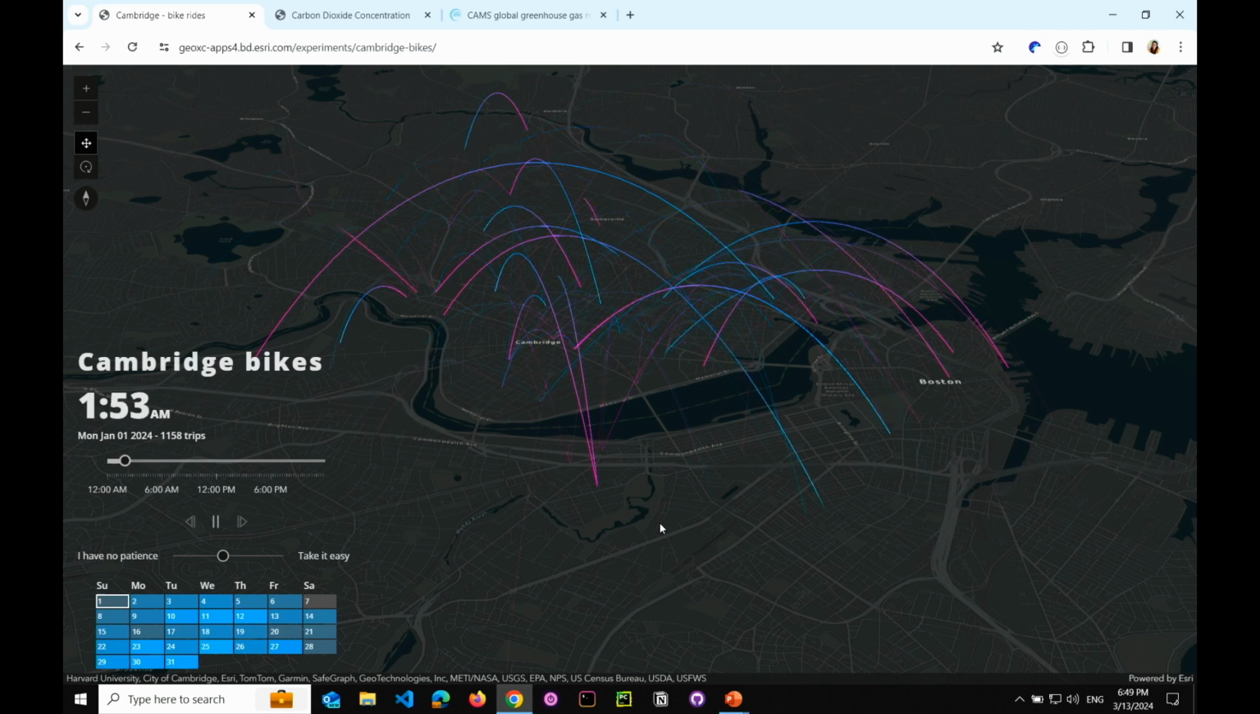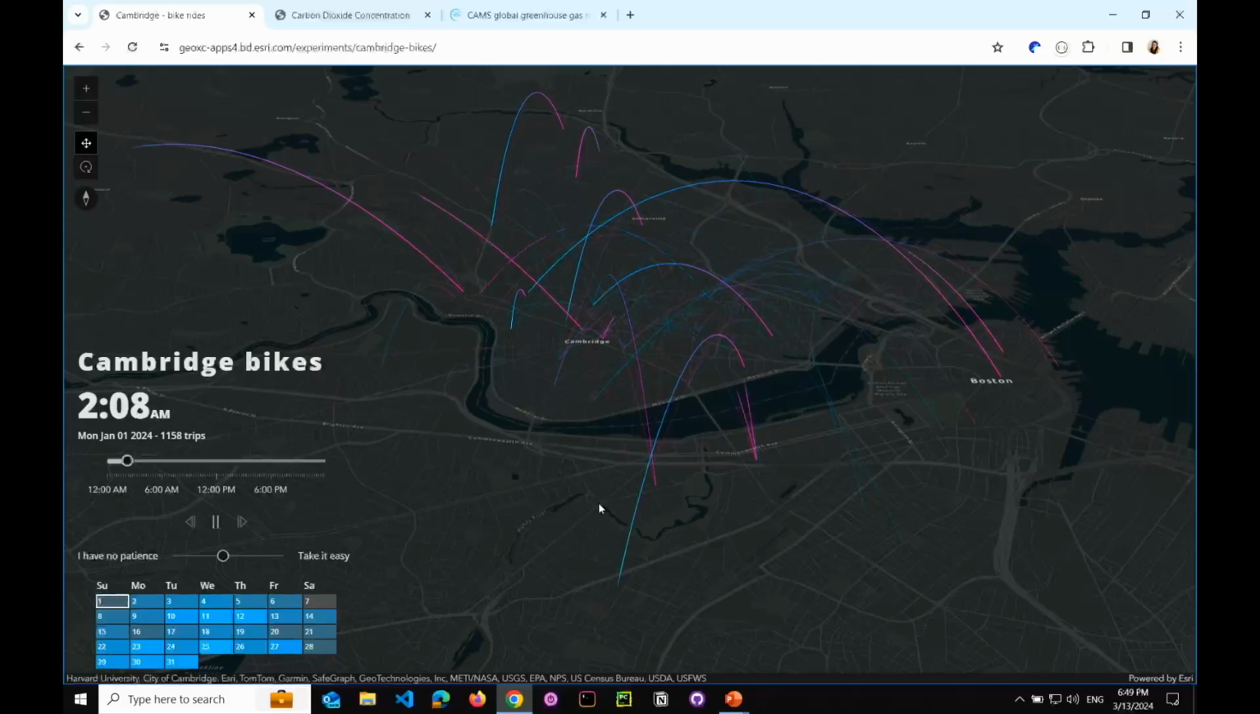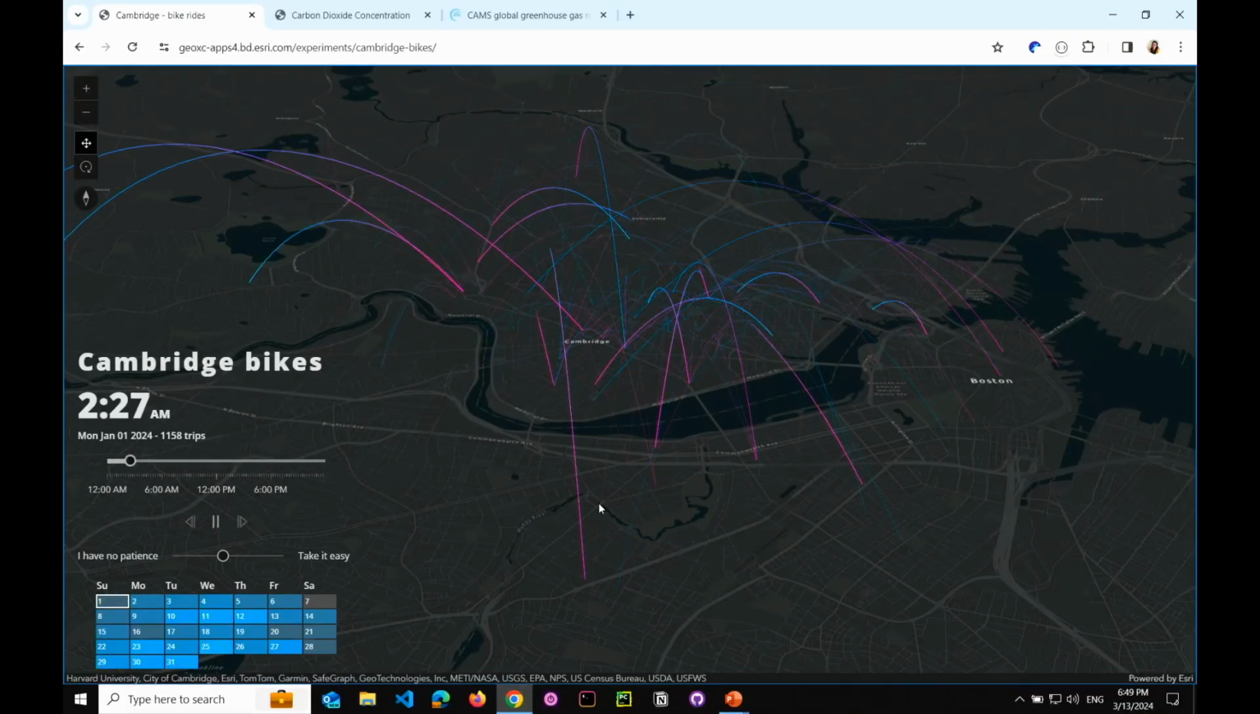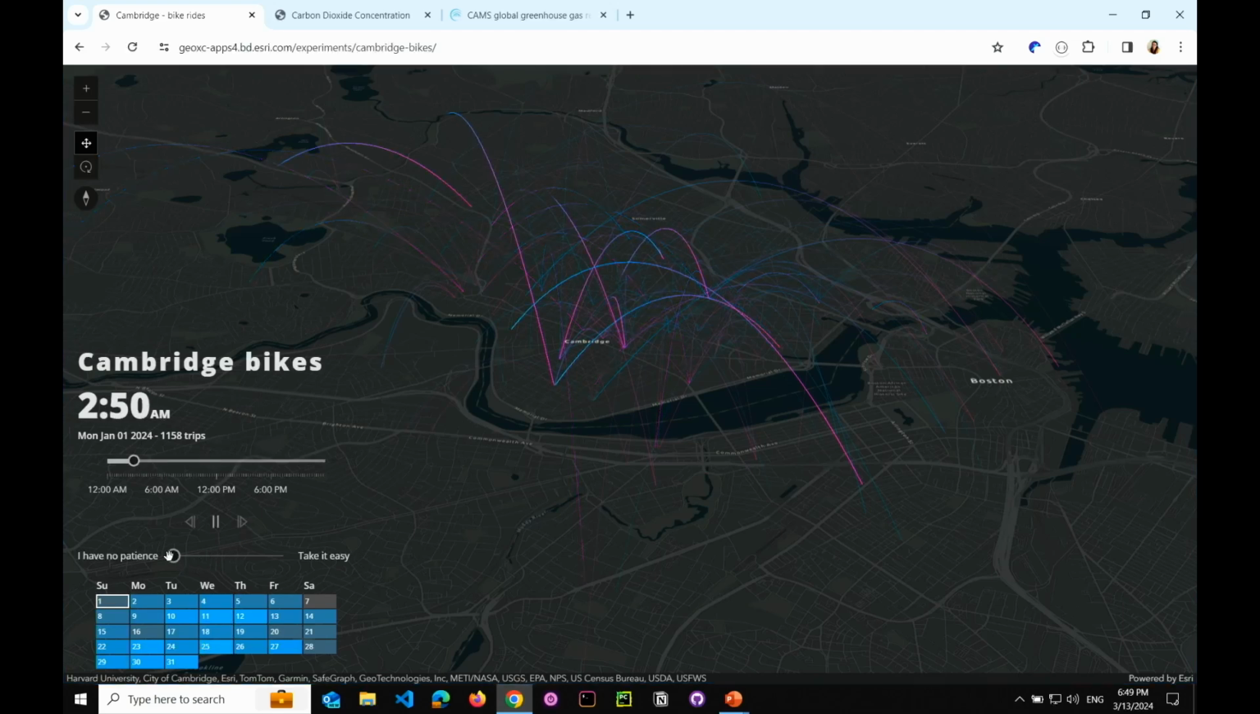And the cool part about it, when you use render nodes, is that I'm just loading the geometry here. You could also load some attributes to display it, but here it is just geometry. And I wanted to show this slider I made. If we move it to "I have no patience," this thing will start going really fast. And if I move it to a day where there's a lot of activity, and here we